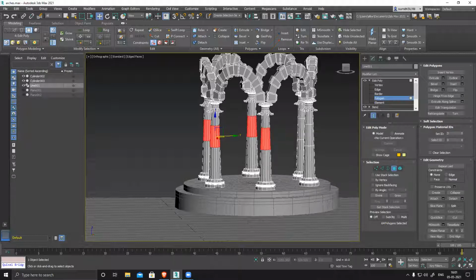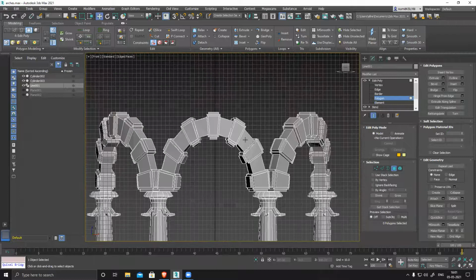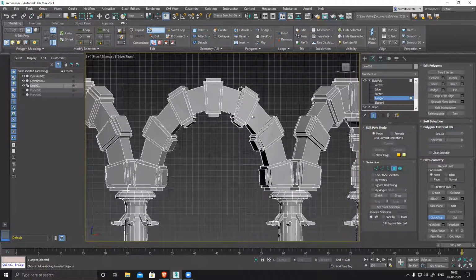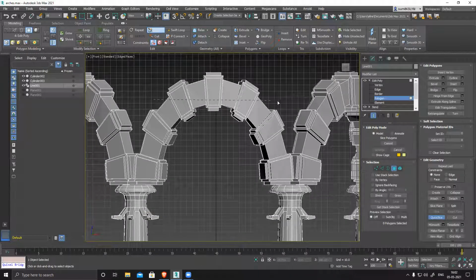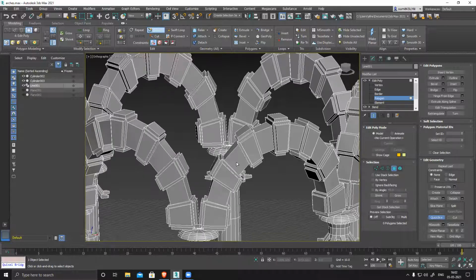So that is how to slice through the entire model. If you want to slice, suppose I show this in a complex way, like this section. Quick slice. If I click this, you cannot see anything happening here. The reason is you don't have enough polygons here.